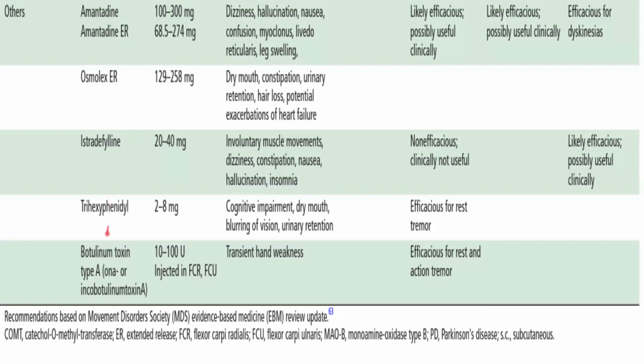Trihexyphenidyl, as all of you know, that is THP, Pacitane or Parkin tablet brands. Up to 8 mg you can give. Predominantly it can be useful in tremor dependent Parkinsonism, and tremors not controlled by any dopaminergic drug. In that setting, we can use it. Main side effects would be cognitive effects, urinary retention, and blurring of vision. So better avoid it in elderly patients who have urinary complaints and cognitive complaints. Botulinum toxin can be used in the focal dystonias.